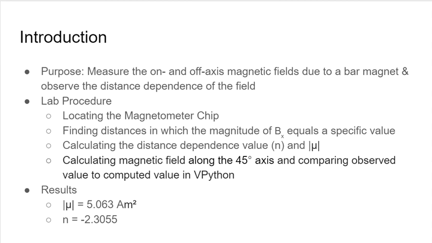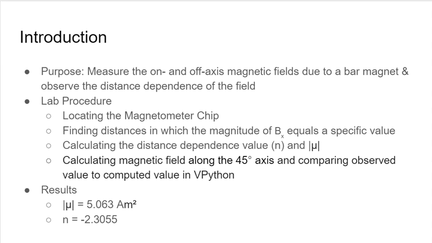So for the lab procedure, first we located the magnetometer chip in our smartphones, and then we found distances in which the magnitude of Bx, which is the x component of the magnetic field, equals a specific value. Then we calculated the distance dependence value known as N and the magnitude of the magnetic dipole moment. And then we calculated the magnetic field along the 45-degree axis and compared our observed value to the computed value in VPython. And then we found that the magnitude of the magnetic dipole moment was 5.063 ampere meter squared, and